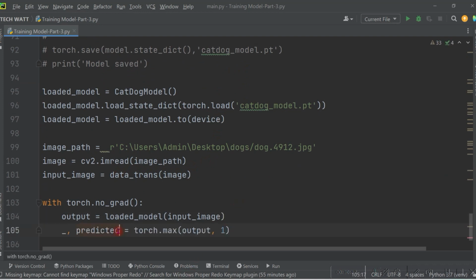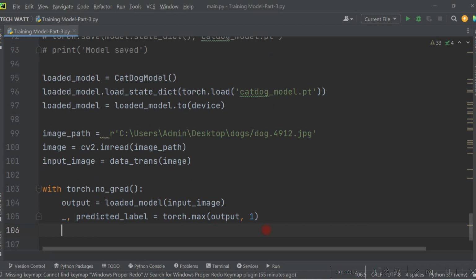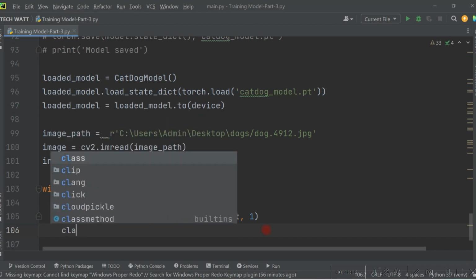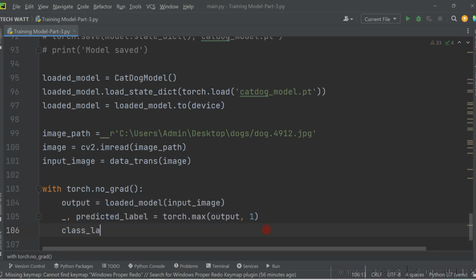Okay, so we'll call this one predicted label. So this will be the label in which the predicted class belongs. Okay, so after getting that, we can define a class. So a class label maps kind of thing, so that we map it to dog or cat when anything is being detected, or based on the output we match it whether it's a dog which is detected or it's a cat. So we can do a class underscore label underscore map,